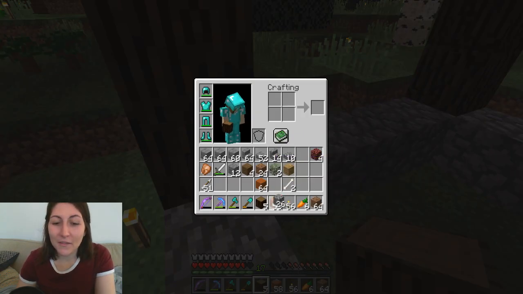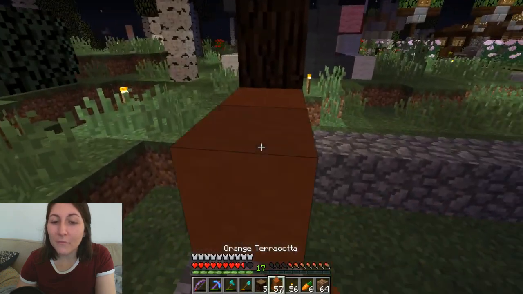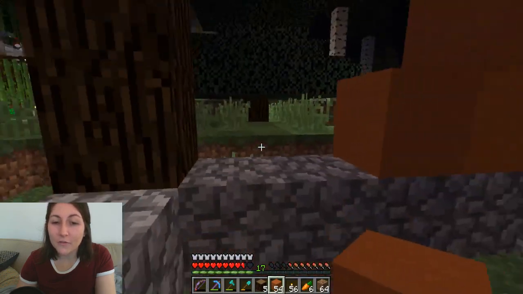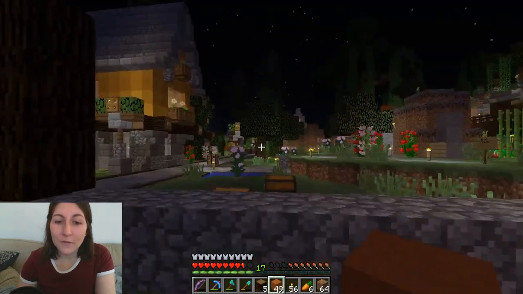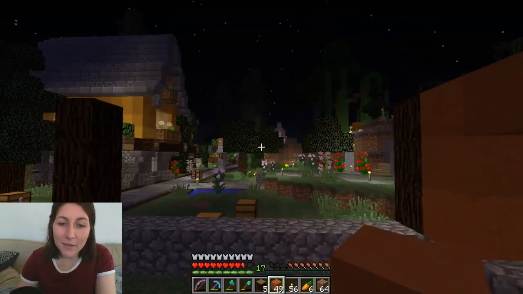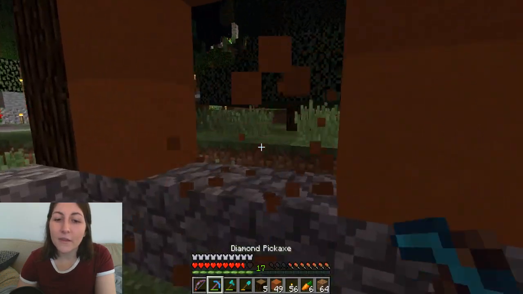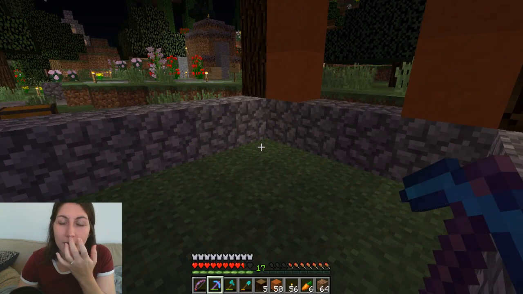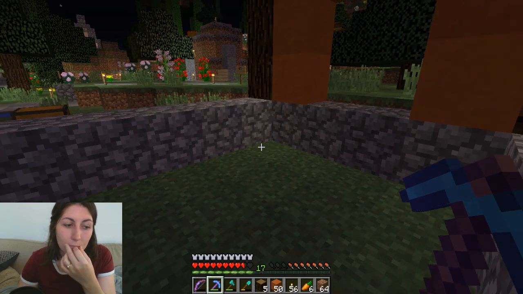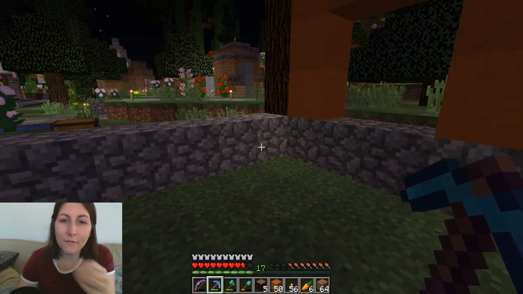But okay, let's start doing the shop. Now, like I said, we're going to do an orange terracotta look today, just because I'm liking all the different colors. So then we have orange and yellow and pink. There is a clay area that's a little bit away, and that does have a little...